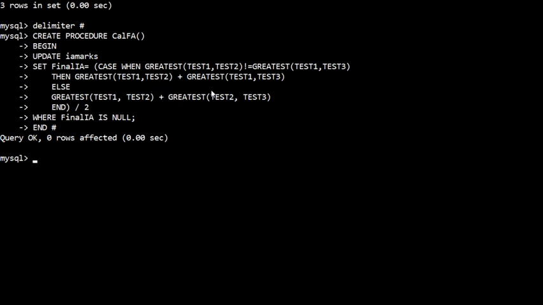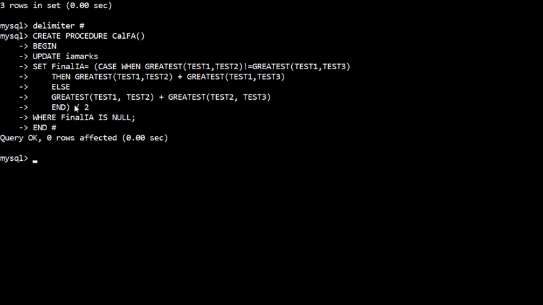Among test 1 and test 2, suppose you have 17, 18 and 20, or 18, 19 and 17. Among 18 and 19, 19 is the greatest value, and if we take 18 and 20, 20 is the highest value, so that will be added.